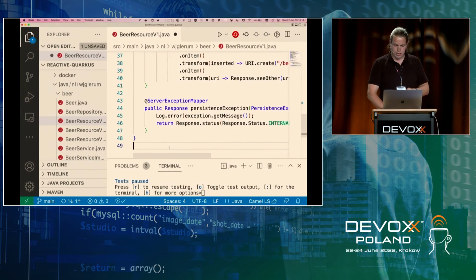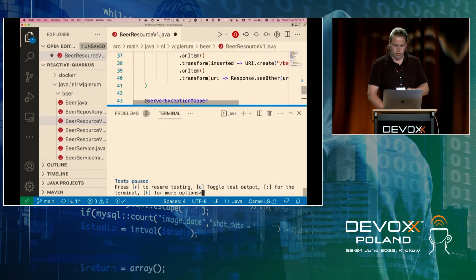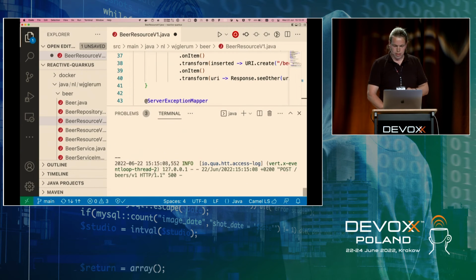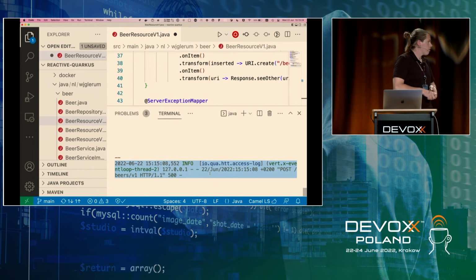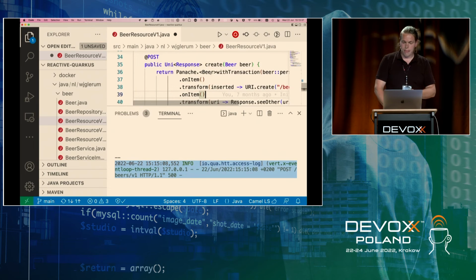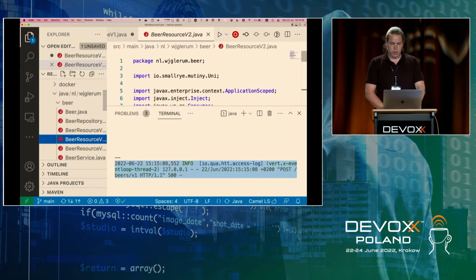If you now have a look at the access logs here as well, you can see that has all been happening on event loop threads. So here is event loop thread 2. On my machine, you just have a handful of them. So it uses those event loop threads to dispatch onto. Normally there would be blocking with Hibernate, but with this approach, we can make it non-blocking and handle lots of requests at the same time if you want. What's next?